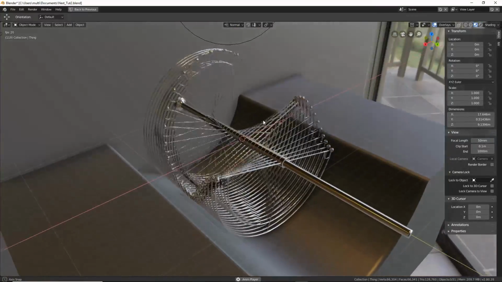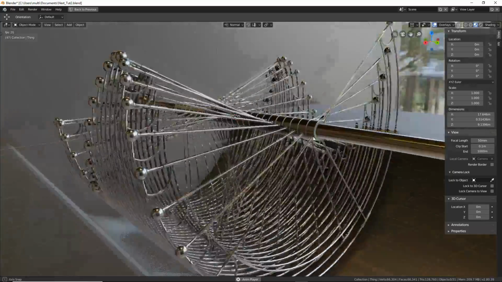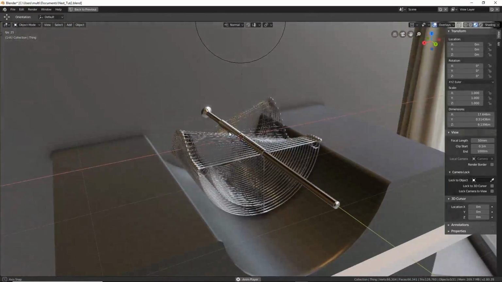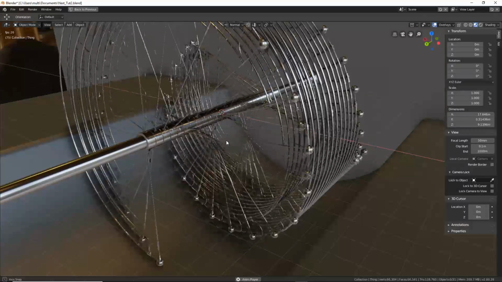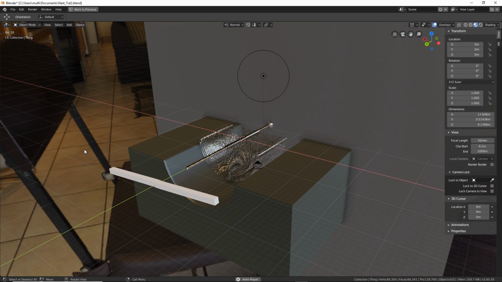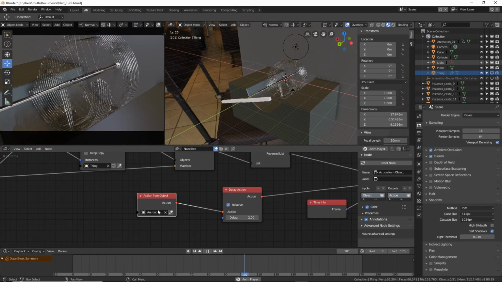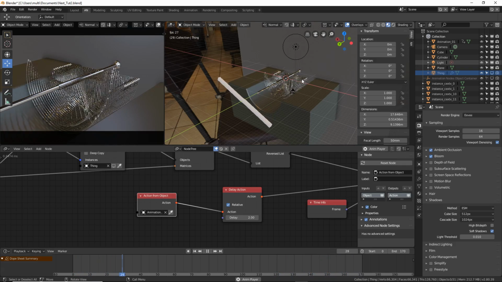Okay, so these animations are pretty easy to create with animation nodes, and plus you have Eevee, so you can see everything in real time, which is very, very cool. And you can create another cube, do some sort of animation, and just change the object from this action from object, just replace it, and your animation will change.